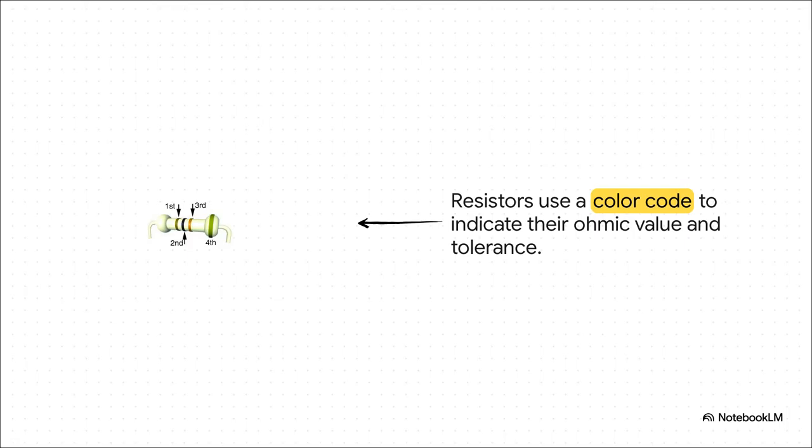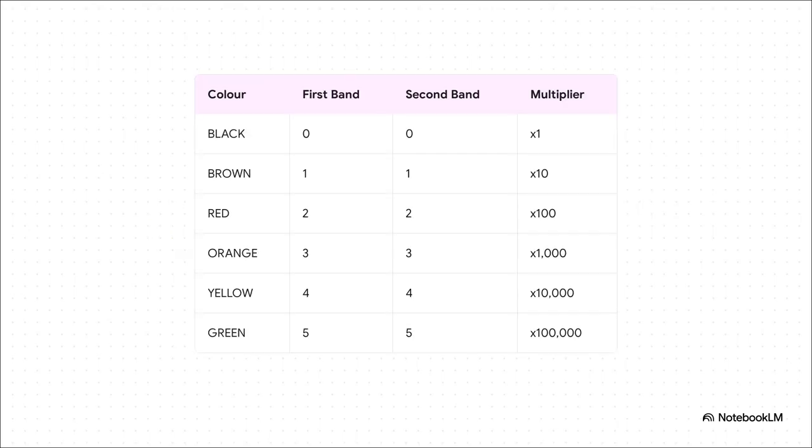So how do you know how much speed bump you're getting from one of these? Well, you don't need a magnifying glass or anything. The component literally tells you what it is. These colored bands are a secret code that tells you everything you need to know. And this chart is our decoder ring. Come on, let's do one together.